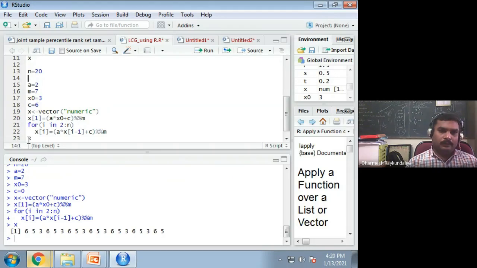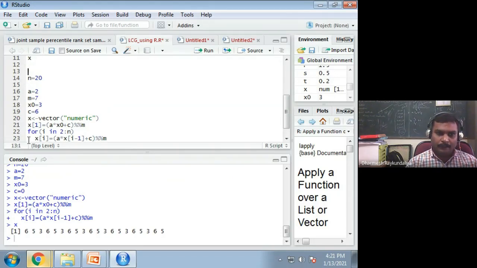When I am taking C equal to 6, it means this generator becomes the linear congruential generator.